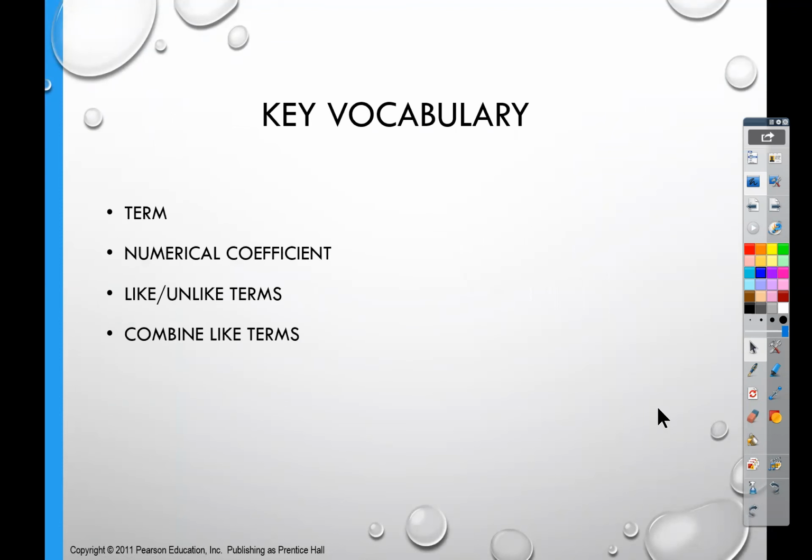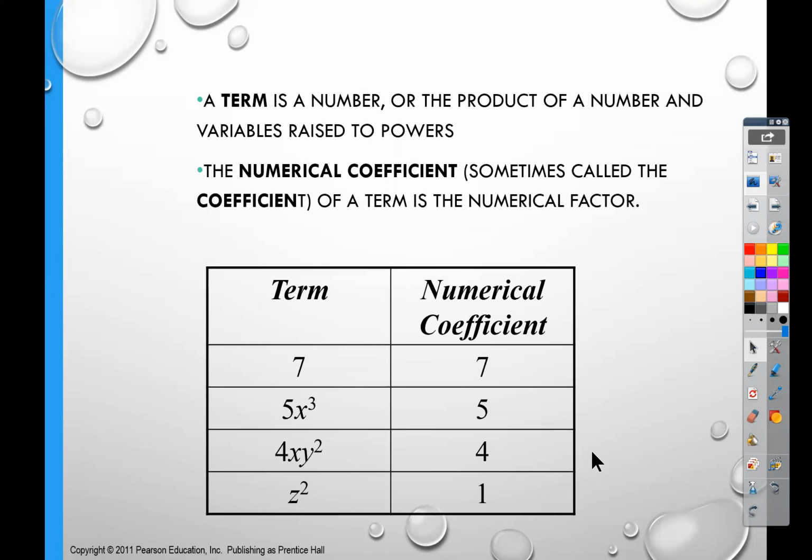So our key vocabulary for today are term. What does a term mean? Numerical coefficient. Like and unlike terms, and what does it mean to combine like terms? So a term is a number or the product of a number and variables raised to powers. The numerical coefficient, sometimes they call it the coefficient, we're just going to call it the coefficient of a term,